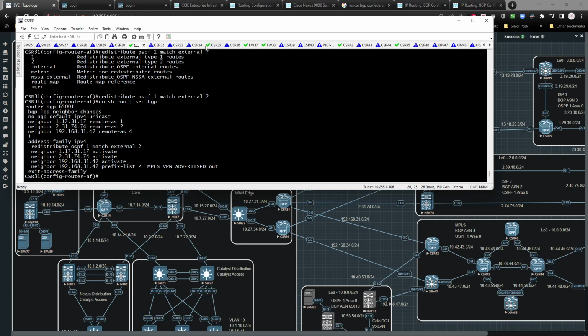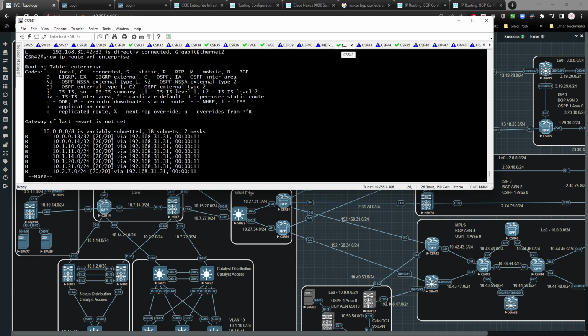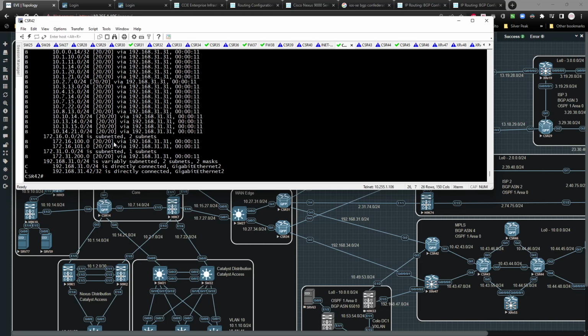Now if I go to 42, I'm only learning the internal routes that I want to see, right? And that's a good sign. I'm learning the routes that I want. That's a good thing. So that's being advertised. Now I need to do the exact same thing